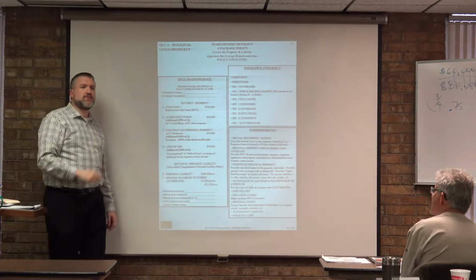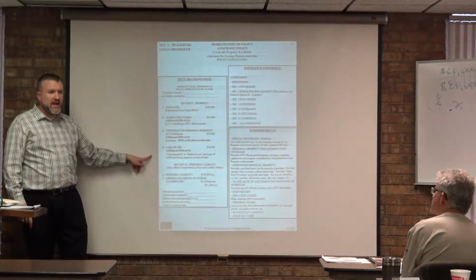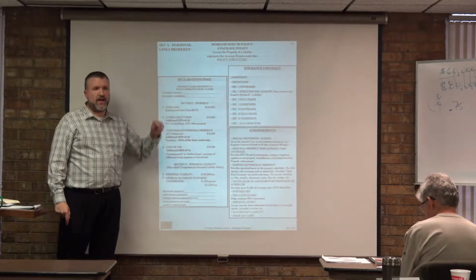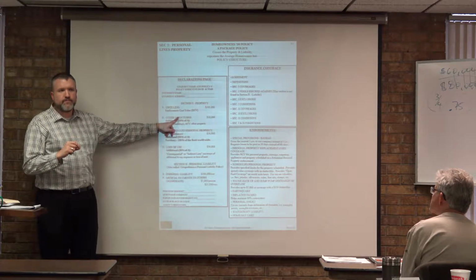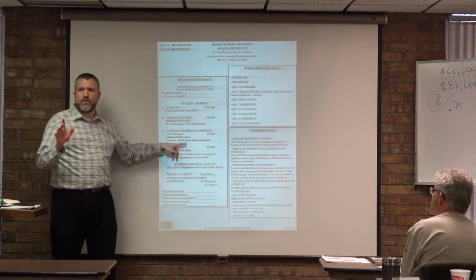So if you're out of your house because of a covered loss, the insurance company will reimburse you for those charges, and they will reimburse you up to 30% of A. Neither one of these limits affects the other. Right? So let me just say this. Let me ask this open-ended question here for you real quick.